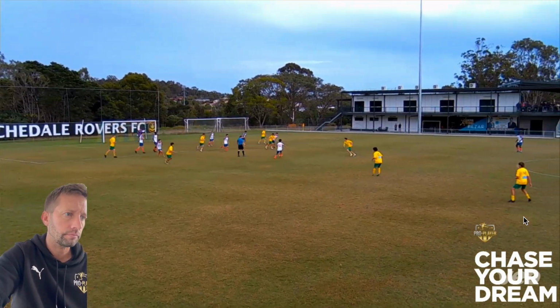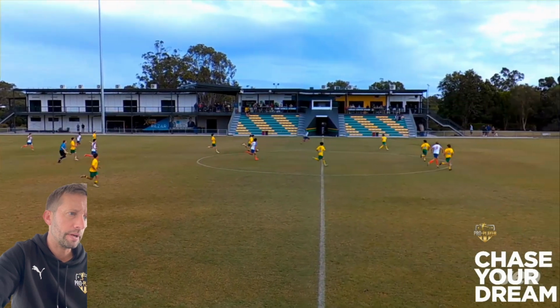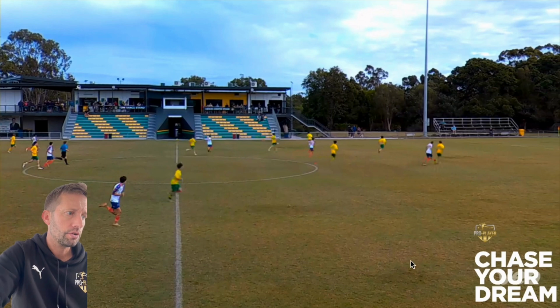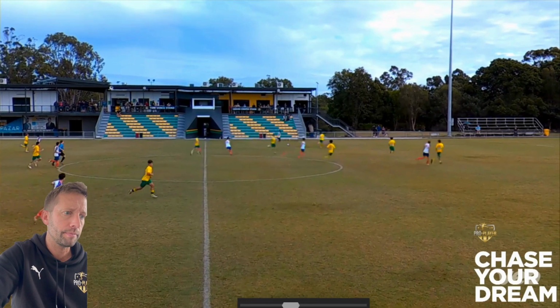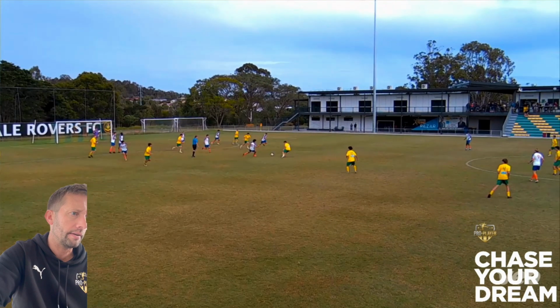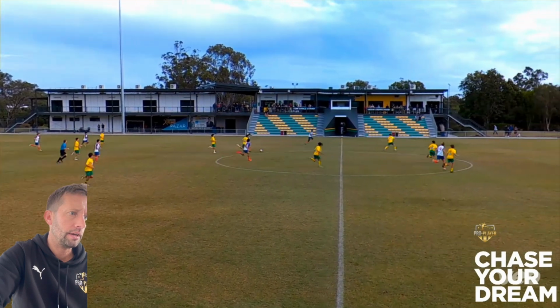Good area to pick the ball up in. Good decision to play a pass. Just have a little look. I'm just going to rewind it back. So you've done really well to play out there, to play to the left. But just as I skip it on here,